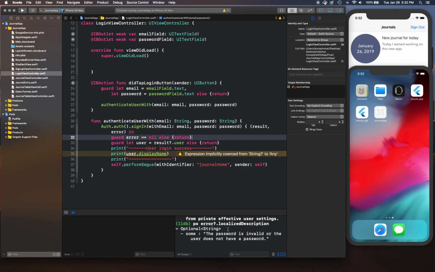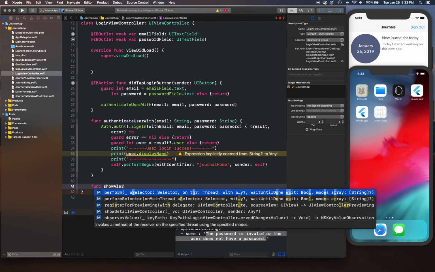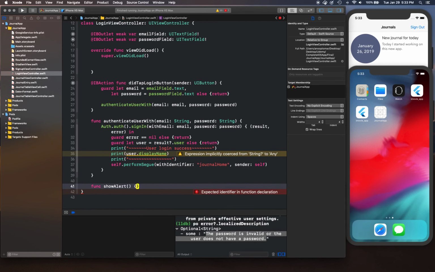This happens even when a user enters a wrong password. What we wanted to do is, whenever we have a wrong password or anything like that, we get an error, something like: the password is invalid or user does not have a password. We just don't want to leave the user wondering what's going on, and printing it or just returning it. We want to handle it a little bit more properly. So I want to create a function here, and we can show an alert. Show alert, maybe call that, and this function will take a message